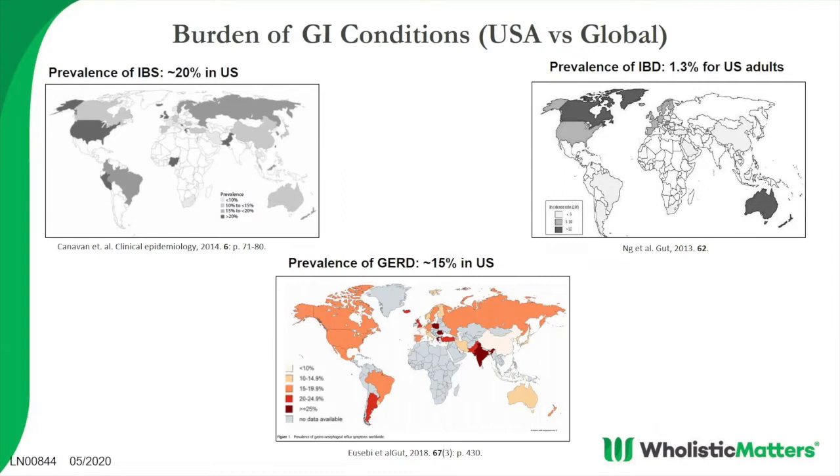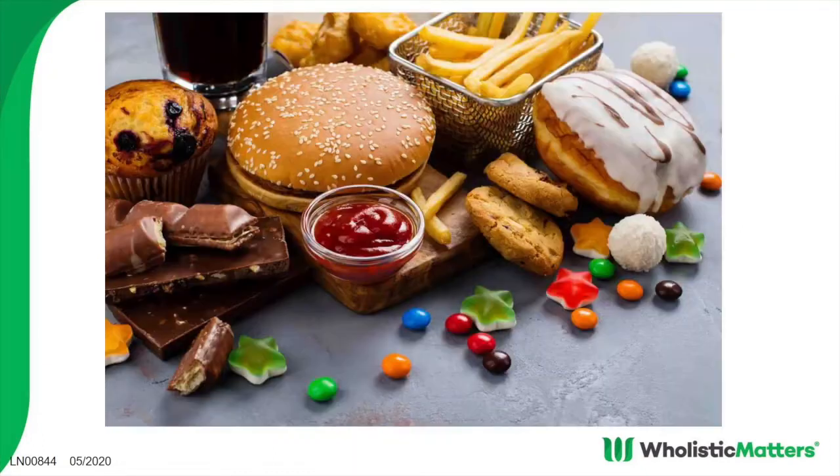So you start thinking about what's common about these nations, what's common about the U.S., what are we doing? It's the GI system. What are we eating? Well, eating is something that we're doing quite a lot of. The diet that we have cultivated over years and years, we actually refer to now as the standard American diet, or the SAD diet. And this is characterized by these incredibly energy-dense,